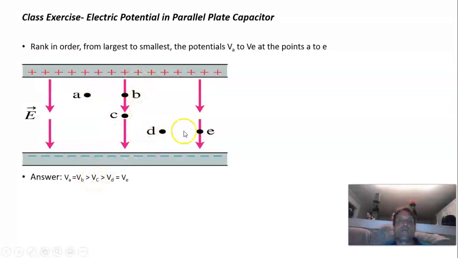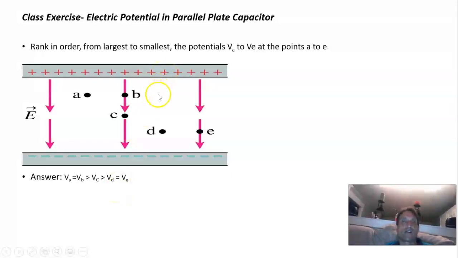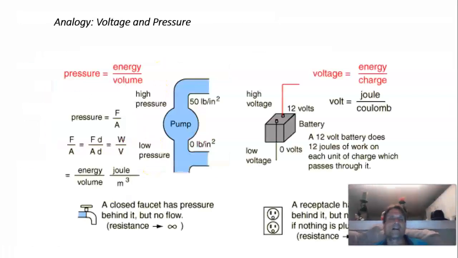And then points D and E, they're equipotentials. They're at the same distance from the positive plate, and they're the most negative or the least positive. And so the voltage decreases linearly again as you go from the positive plate toward the negative plate. Now,